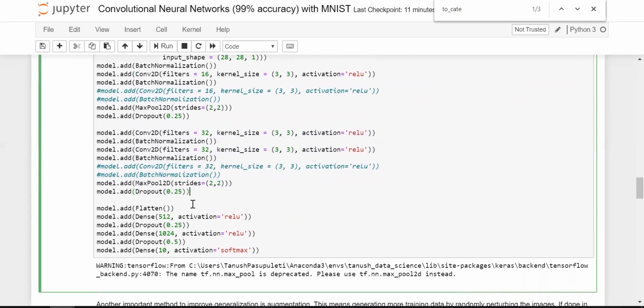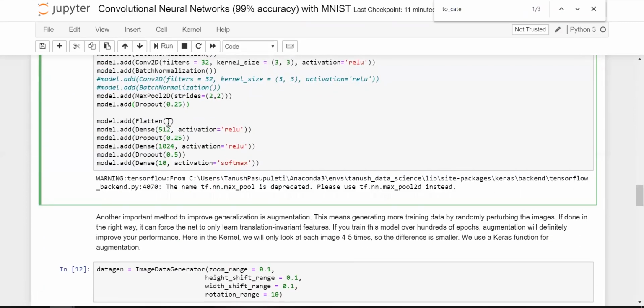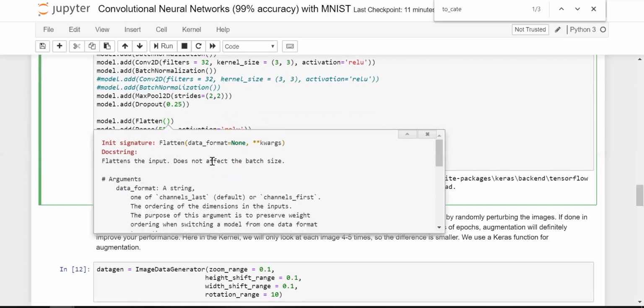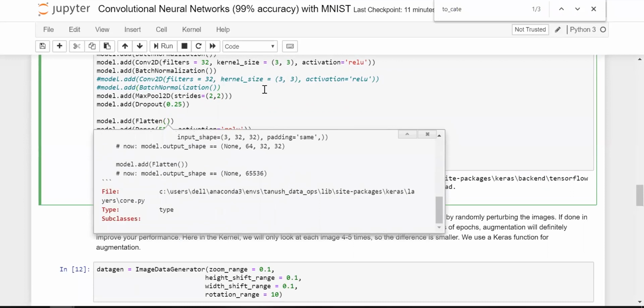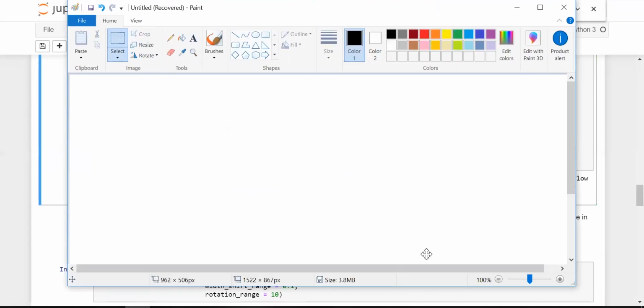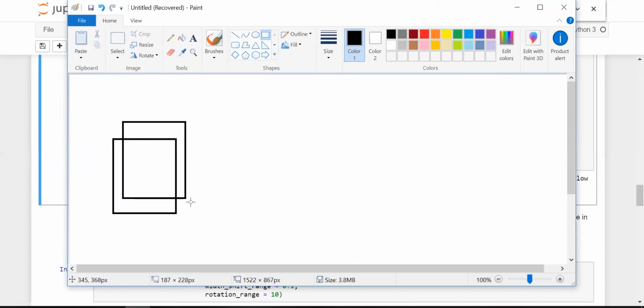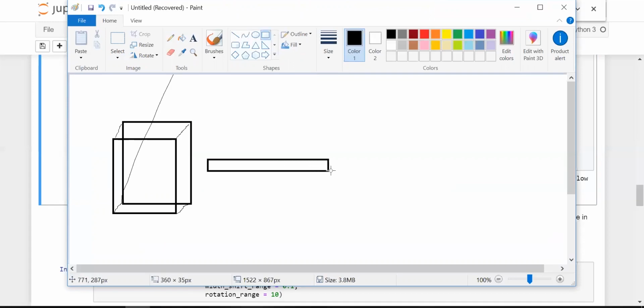And then we will apply a flatten layer. So flatten layer is nothing but it flattens the three-dimensional tensor, which is being passed subsequently. It returns a flattened version. So this is how it will look like. So imagine this is your image tensor which is being passed, because here it is a three-dimensional matrix. And then let's apply the flatten layer. On applying the flatten layer, this is how the image will look like.